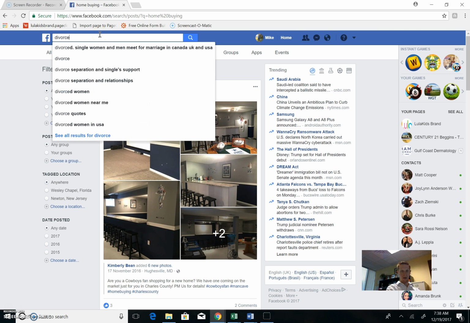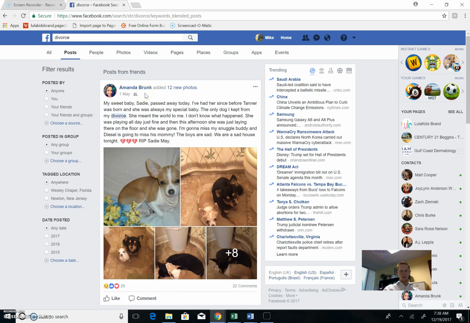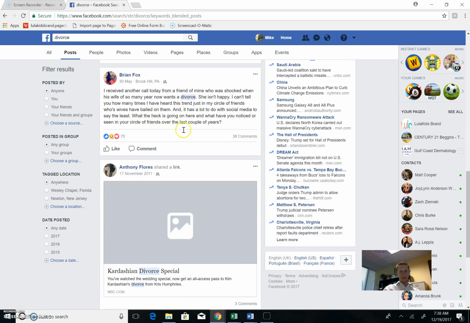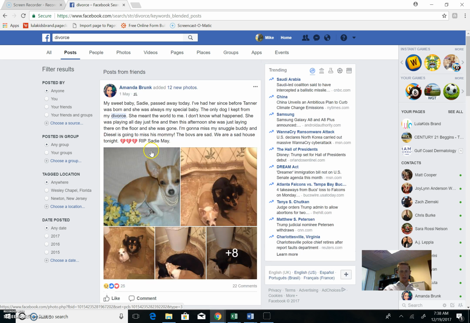What if I wanted to look for divorce so that I knew people who were going through it, right? Now I can start to go through this and say, these people are going through a major life event. I could do the same thing for having a baby. I could do the same thing for kids going to college. Right? These are all people that are going through major life events, which, as we know, these likely turn into buyers. So these are all tactics that you can use. Spend a couple hours a day doing this, and I promise you, you will prospect and add people to your network every single